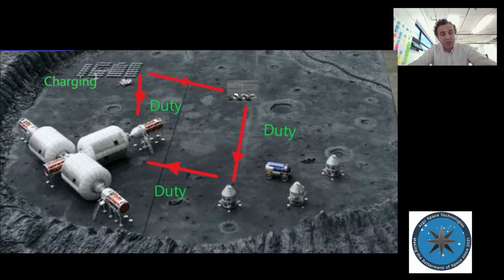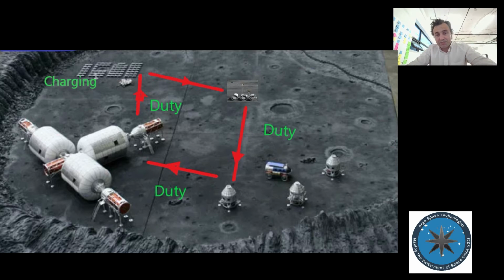Now, you understand that working on the moon with the temperature ranges, it's tough. So there are power requirements. What that means is that we need to understand what the speed and the load are in each one of the red segments. Really important. After this work is done, you have an option. Of course, you can move from the station back to work, or as you can see here, it's going back to the charging station, where you see another one is doing the same job and they're getting charged.